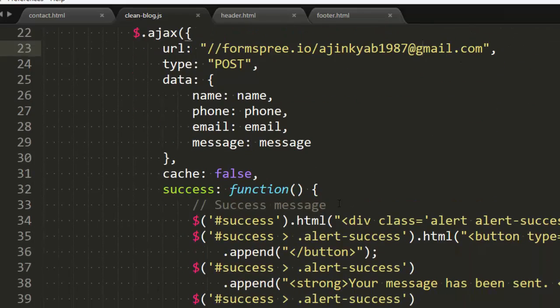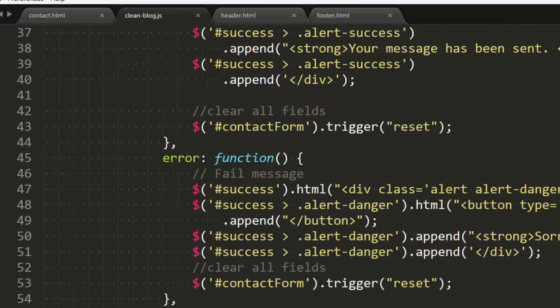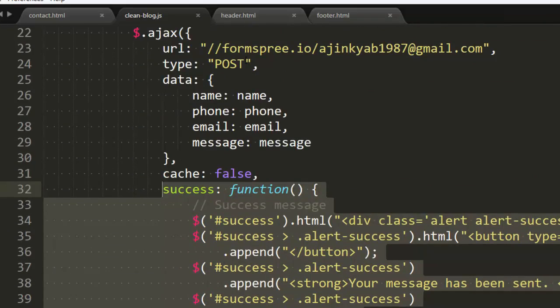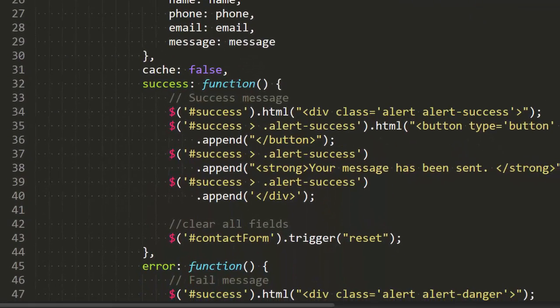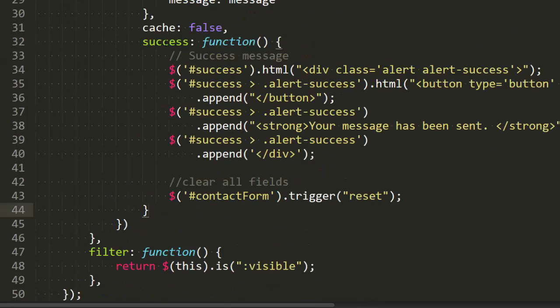Okay, and when you hit the submit button, we are going to send an Ajax request, and this code over here waits for a success call or an error, but FormSpree doesn't give you any response that the call was successful or it was an error. So we are going to delete this, and we are going to treat all the calls as success. I'm going to replace this with complete.